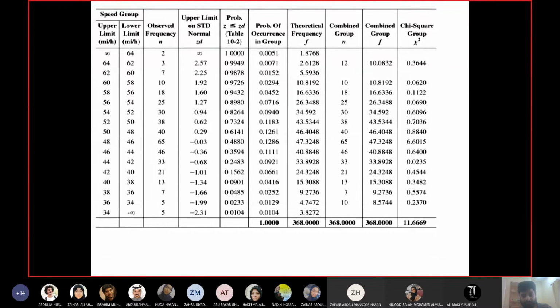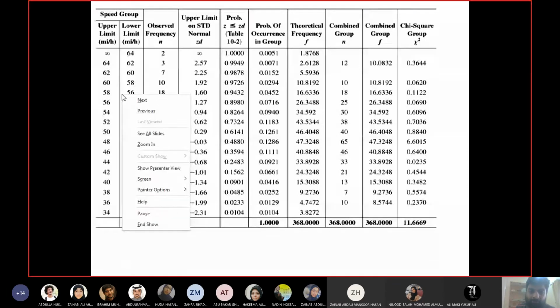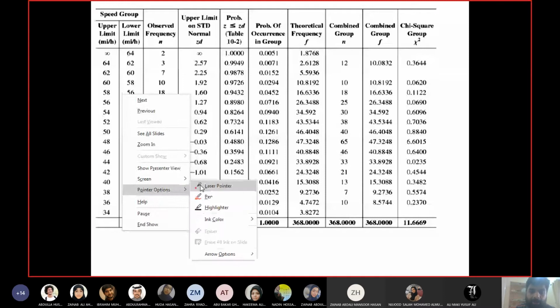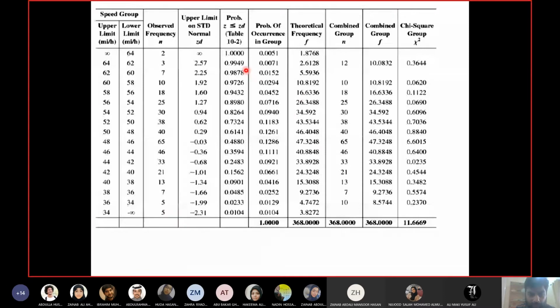So if you remember, when I was showing the probability, I used the less than or equal to sign. Why? Because these are cumulative, so each contains all the probabilities of the previous numbers as well. You can see it on top of the column in the table, where they have written it as less than or equal to. So when I say probability of 2.57, I mean 2.57 or less. Any value which is 2.57 or less has a cumulative probability of 0.9949 and so on.